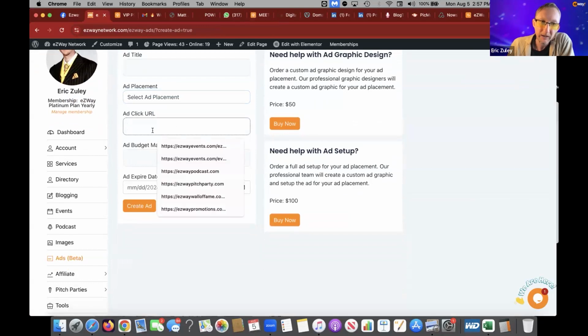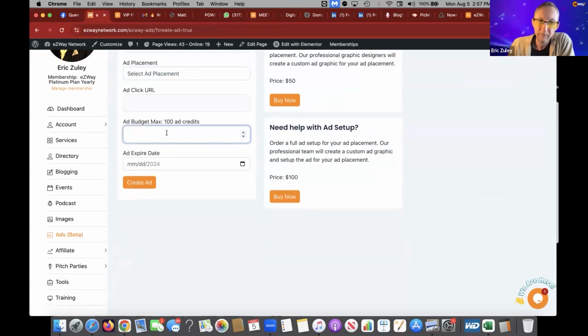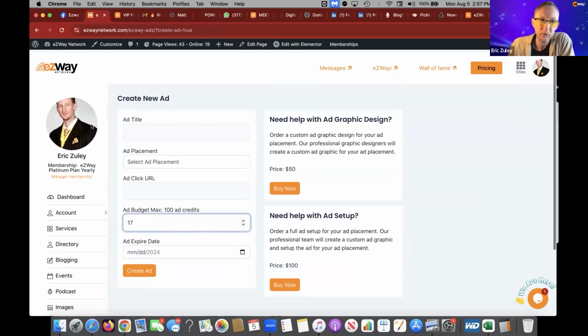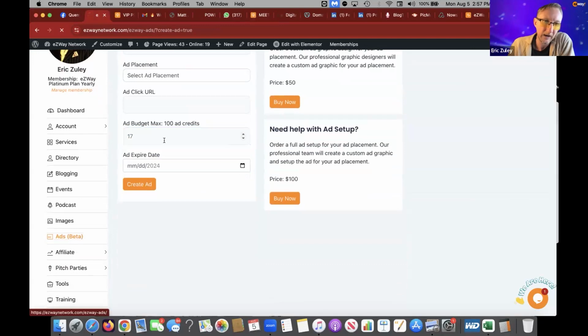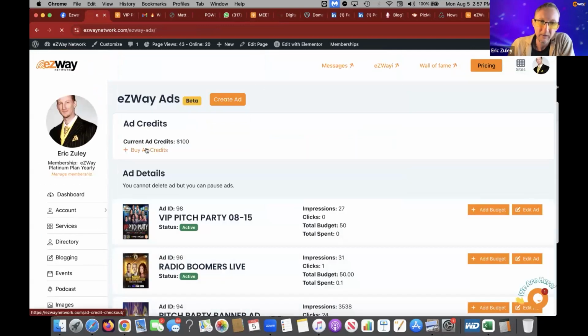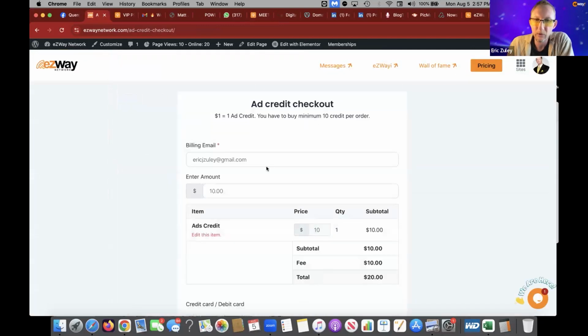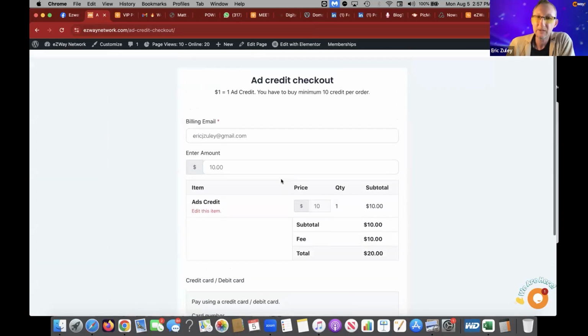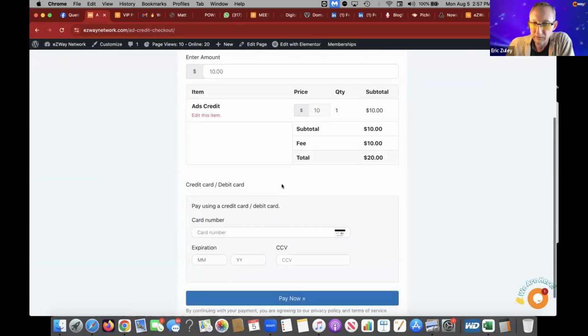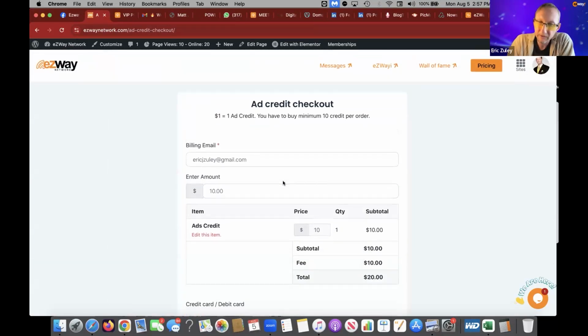You put the URL in, and then you put the ad budget, so you can actually go to your ad credits and click and buy credits. So buy $10, $25, $50, $100. Some people have actually bought up to $500 in ad credits for things that they have coming up, especially for events. And next week, we'll cover the events section a lot more.